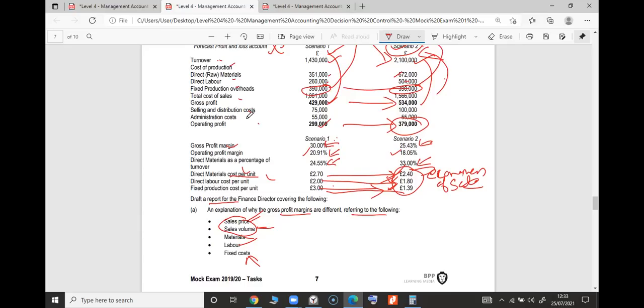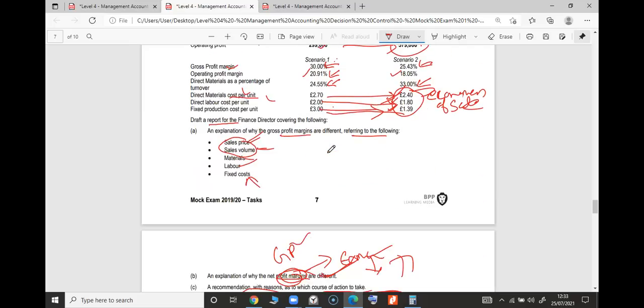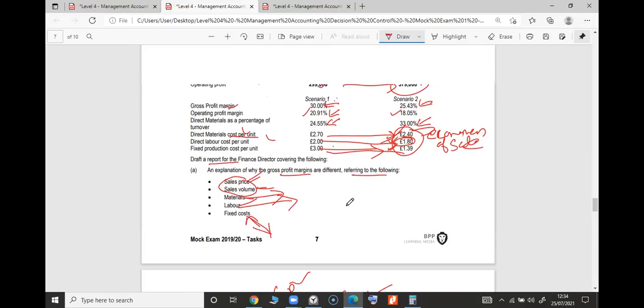If your employees are working on 130,000 units, the more they produce, the quicker they become, doesn't it? The more trained they become, isn't it? They learn better. Then they do less wastage and they take less time. That is called the learning effect. So you can bring it in here, 20 pence savings. So yeah, good. These are the things you've got to mention in labor. Fixed overhead I mentioned. Material I mentioned as well. Volume I was going to talk about, but I didn't.